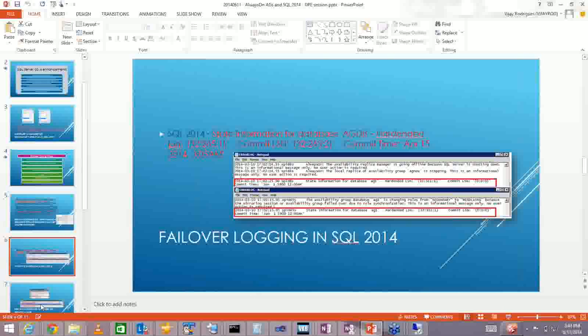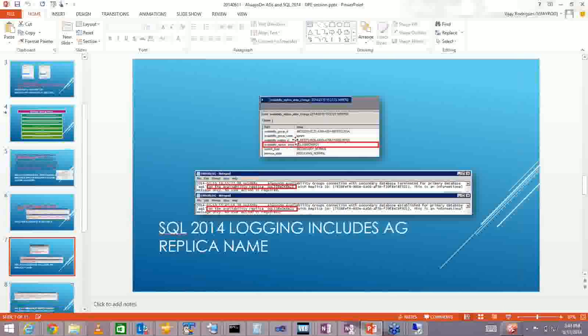So it's easier to troubleshoot, right? If we just had the availability replica ID, an alphanumeric number, we would have to go to SQL, query the DMV, and get that information. Here it's much simpler. We can see the